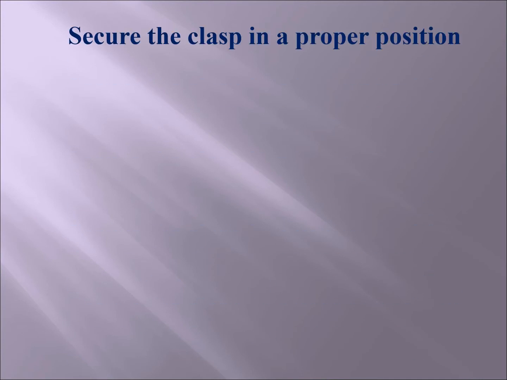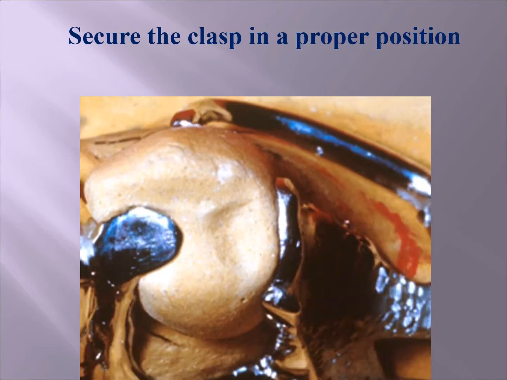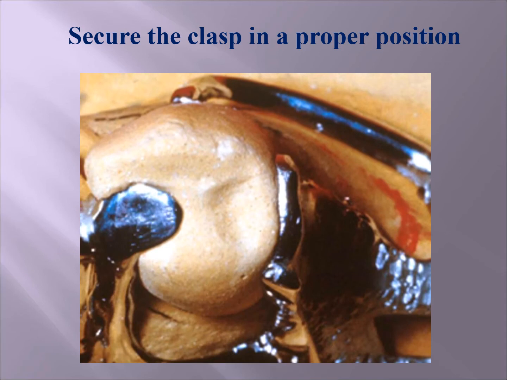It secures the clasp in a proper position. Now, if there is no rest within the clasp assembly, then whenever the occlusal forces are applied with the abutment tooth, the clasp will move up and down, and this will prevent the clasp from providing the basic function, which is the retention. So by having a rest, the rest will prevent sinking or movement of the RPD